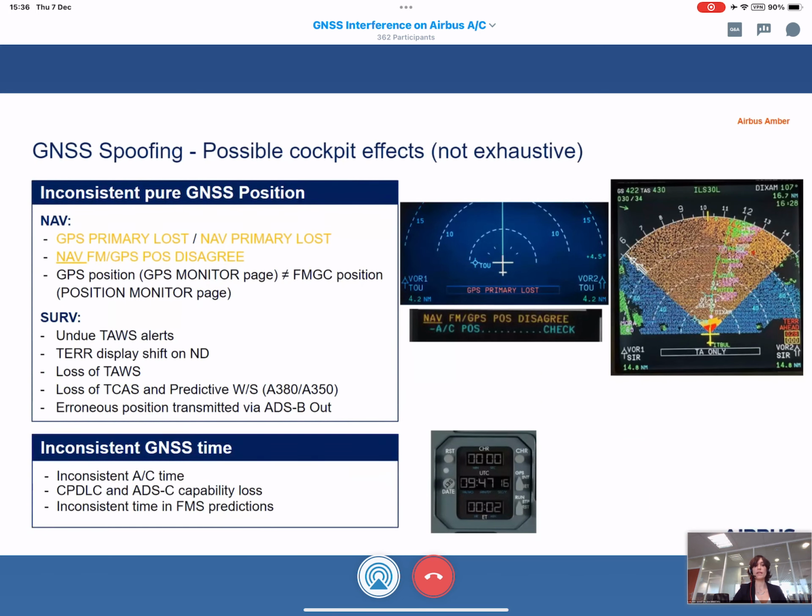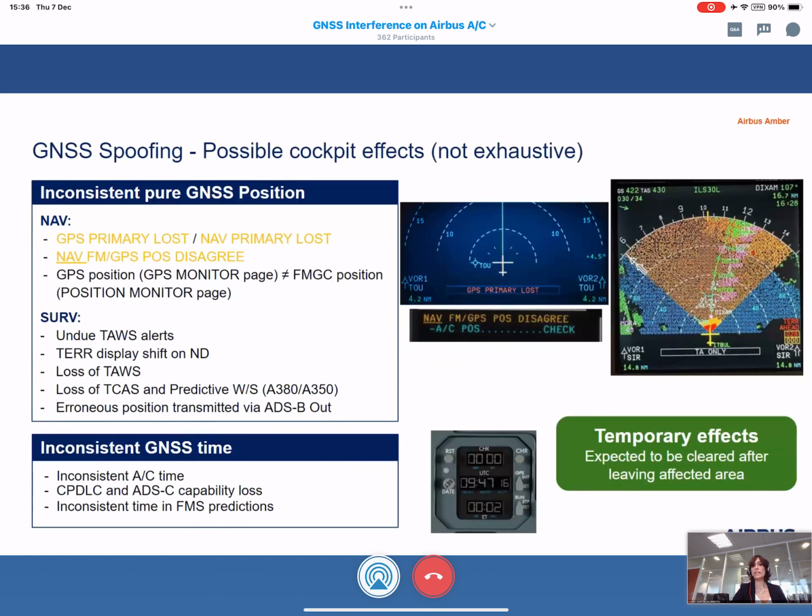Here we can have inconsistent time, CPDLC and ADS-C capability lost, and inconsistent time in FMS predictions. Once again, the same as for the general cockpit effects in interference, the effects are expected to clear when leaving the affected area.